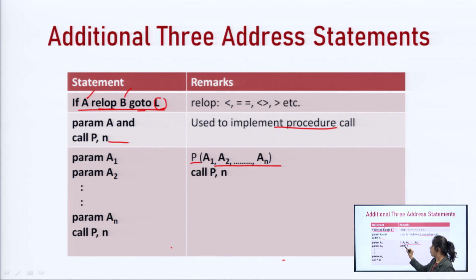In 3 address code representation this can be written as parameter A1, parameter A2, up to parameter AN, and then we call P, N. So, this N shows that there are N parameters before it.